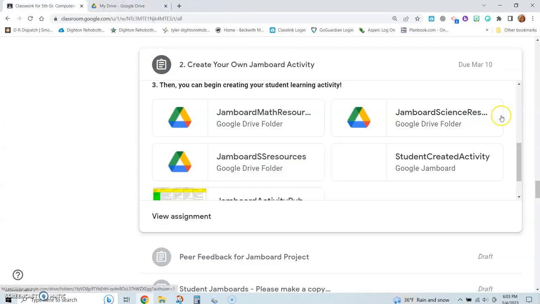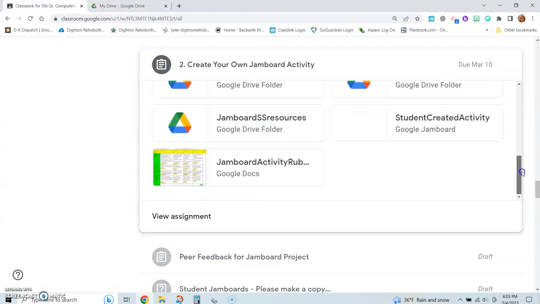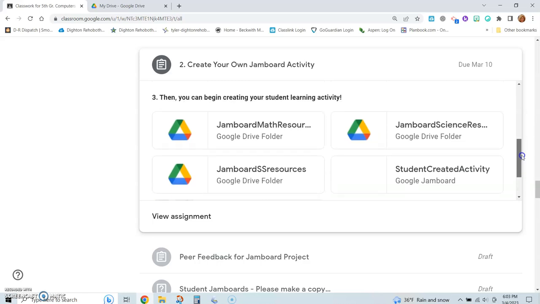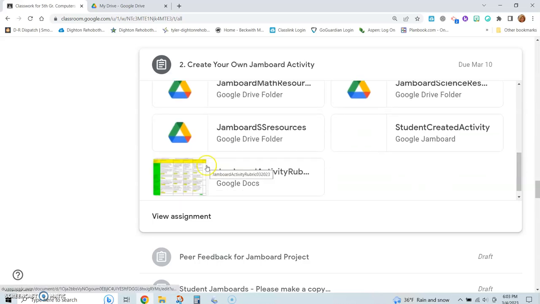And you will have multiple class periods to work on this, probably about 4 or 5. We'll see how it goes. And if you have any questions, you can